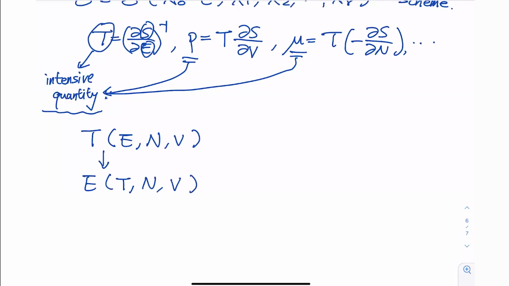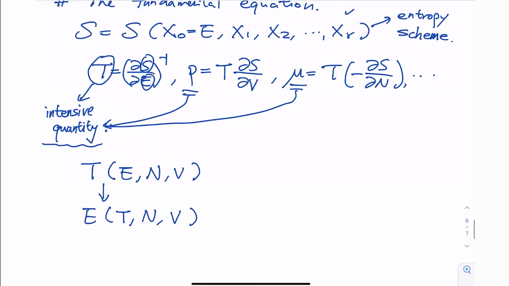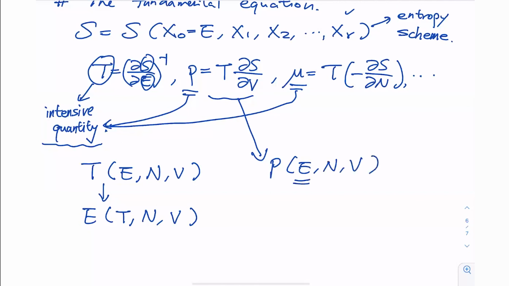Then from the definition of the pressure, which originally is a function of energy, particle number and volume, you can replace the energy using this expression, and the pressure can be expressed as a function of temperature, particle number and volume. So you can change the variables accordingly and switch from one